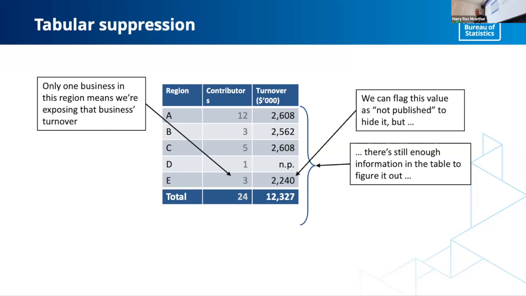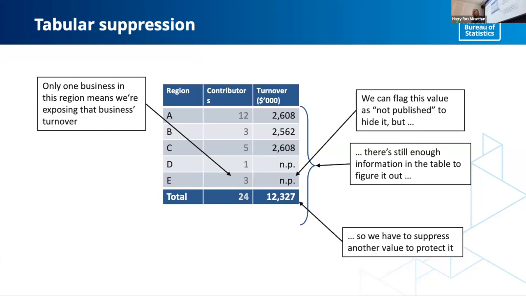There are a lot of ways we could treat this, but probably one of the easiest things is to suppress something else in the table. So we pick another region, region E, and suppress that as well. Now if someone does the same trick of subtracting one thing from the others, they get the combined value of regions D and E, which is 4 businesses, sorry, I don't even know my own numbers. But hopefully that's enough protection that we can say, okay, that's safe to release.